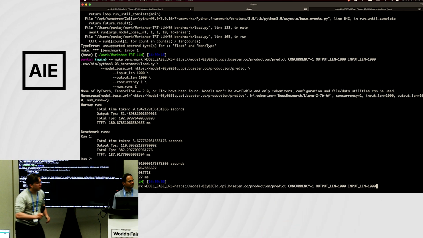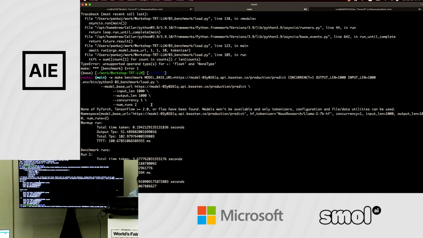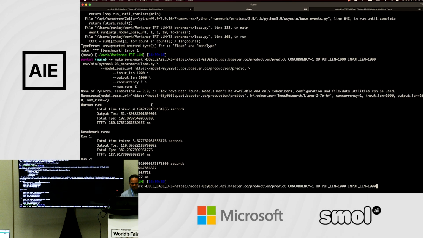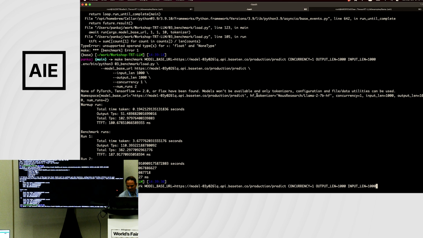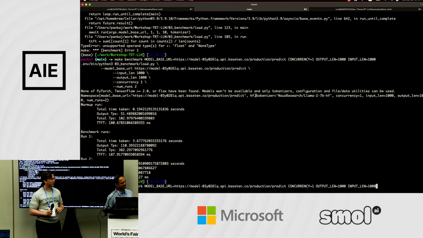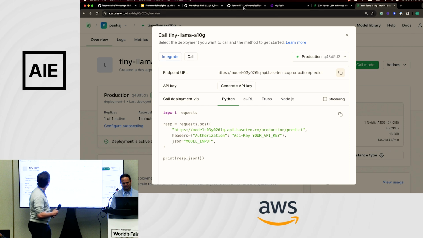Yes, so over there. What is that error message about PyTorch, TensorFlow and Flax? Is this a message from Baseten or is it a message from something else? This is from this script that I'm running. I didn't do a thorough job of cleaning up everything. It's saying that we're just making an RPC call, we don't need PyTorch or whatever. So this is from the local runtime, something from the machine. This script, if you look at it, all it's doing is RPC.